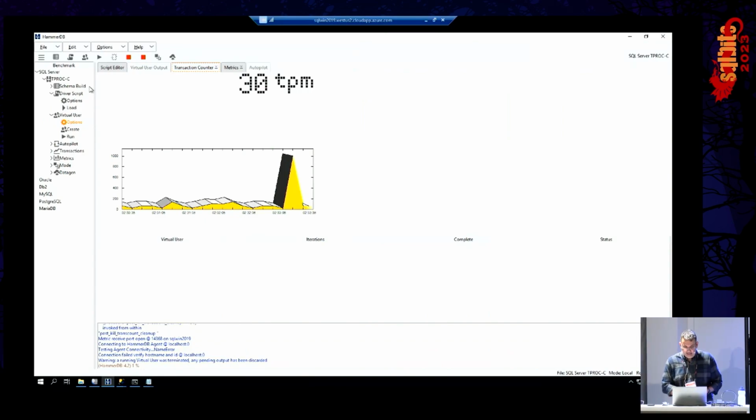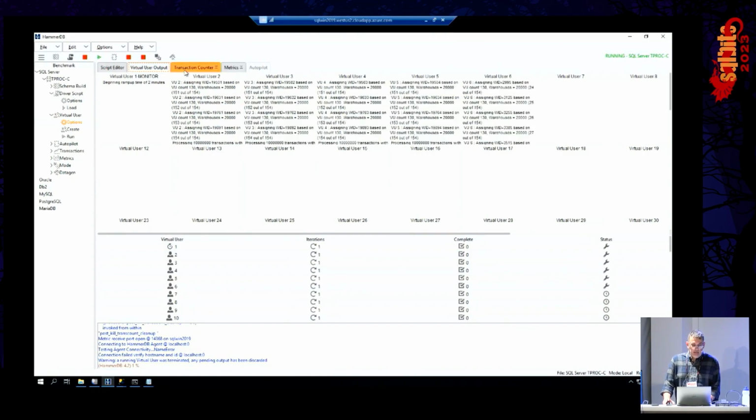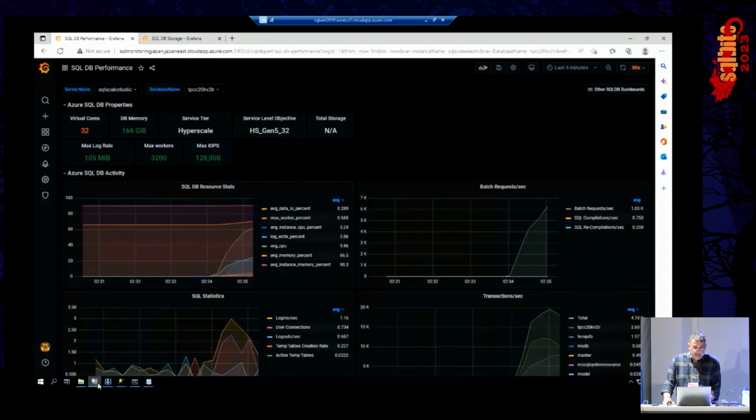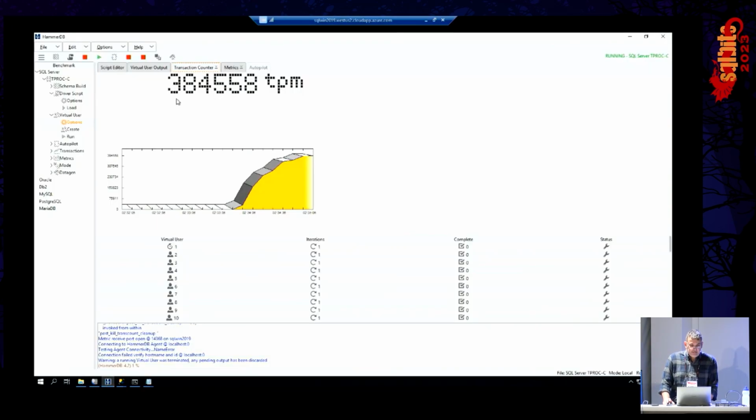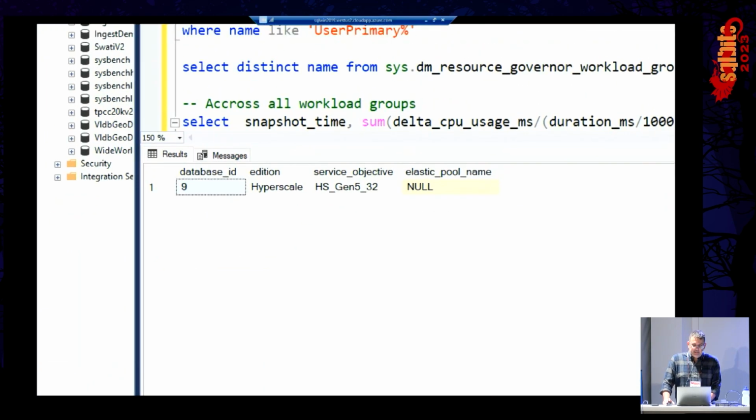So let's look at a demo of what this perf looks like. So this is HammerDB. You've seen HammerDB before. So it's running a TPCC workload. Right? As we look at transactions per second, I start the workload. I'm doing this on a 32 vCore Gen 5 machine. You'll see that we are at around 370 odd TPM. It'll flutter somewhere between 360 and 380 transactions per minute on Gen 5. Right? We'll see the service objective is